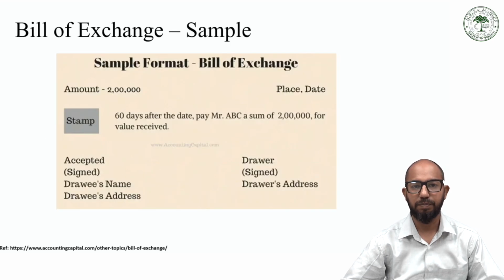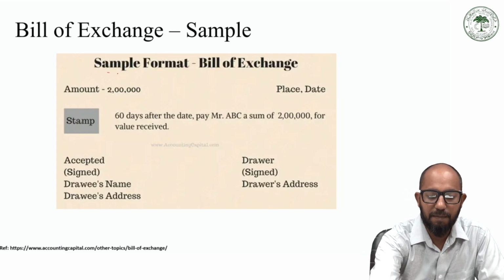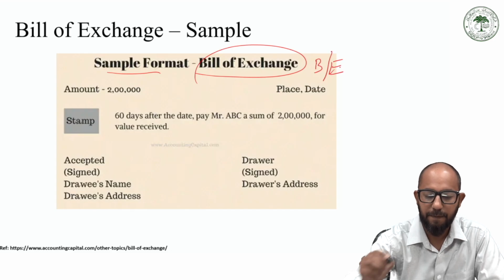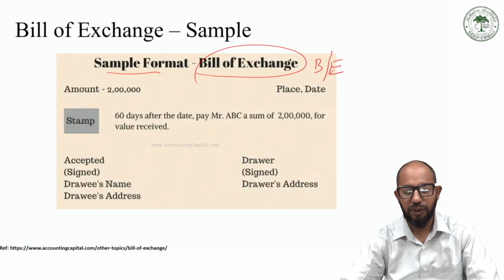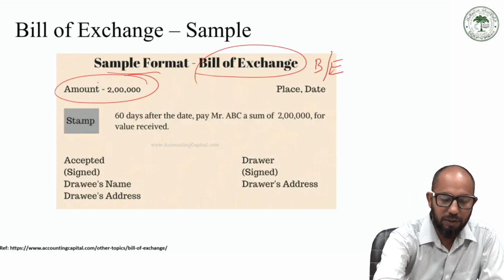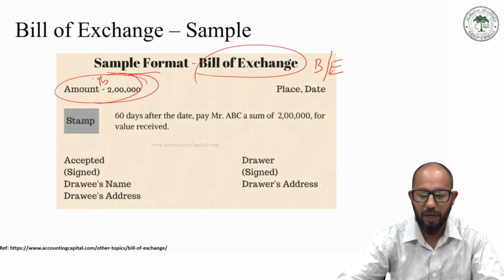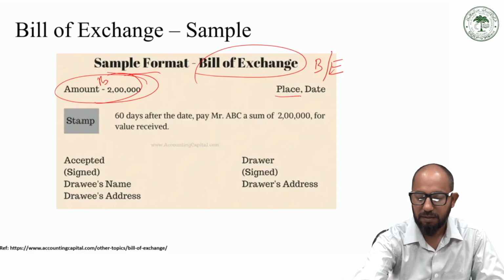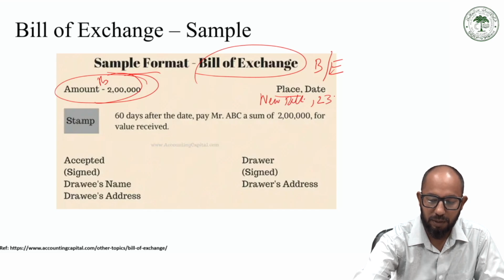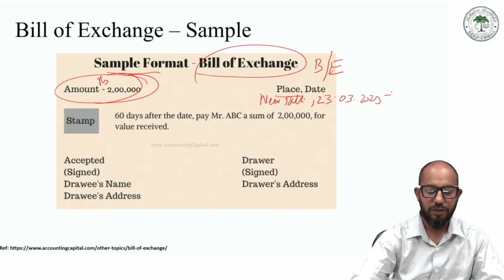Let us discuss a sample of a bill of exchange. So you can see this is a sample format of a bill of exchange, in short written as BE. The total bill of exchange value here is mentioned, that is 2 lakh rupees. So the currency should also be written, rupees 2 lakh. And the place, say for example it is being issued in New Delhi. Date, for example 23 March 2025. Stamp will be there,